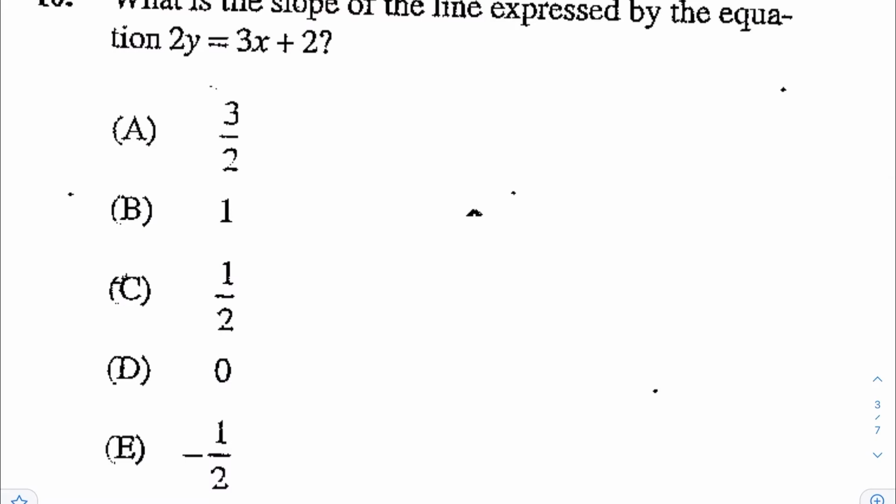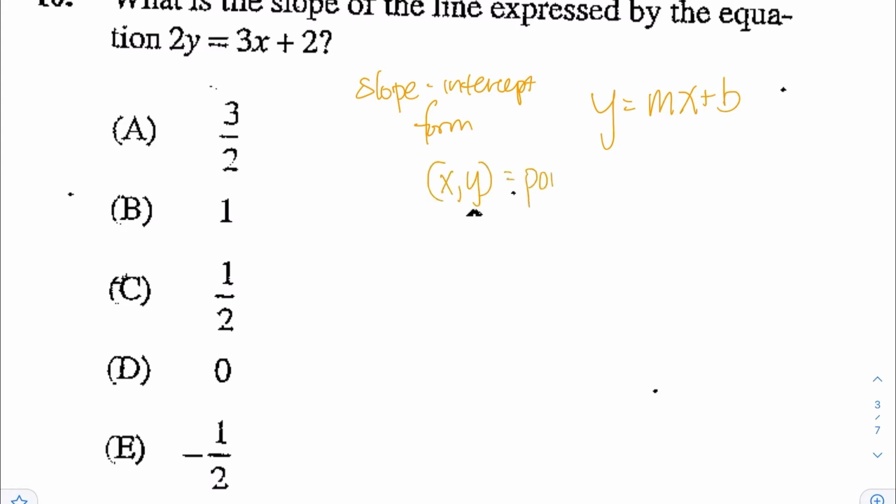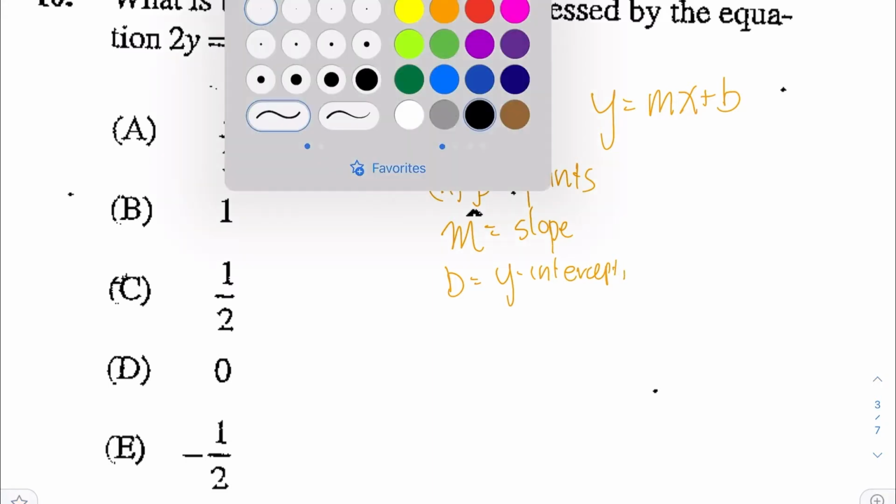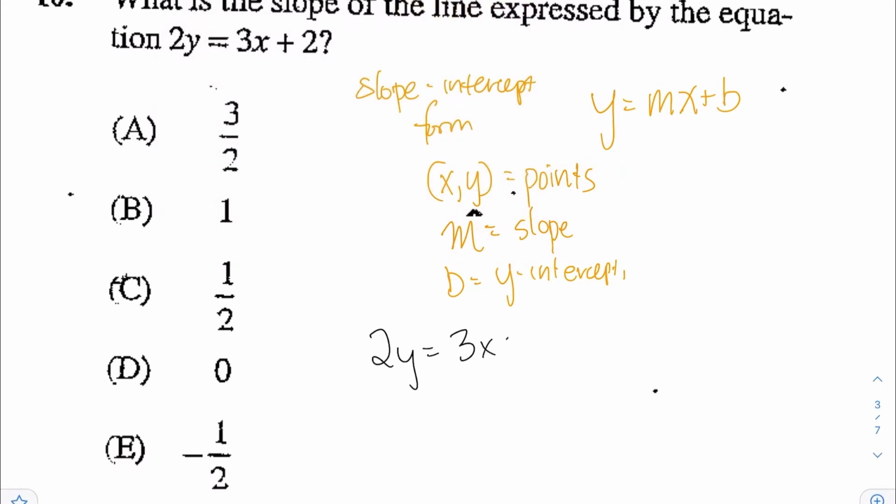All right, next for number 10, what is the slope of the line expressed by the equation 2y is equal to 3x plus 2? So you have to put this in slope-intercept form, or y is equal to mx plus b, where x comma y are the points, m is the slope, which is what we're looking for, and b is the y-intercept. So to turn 2y is equal to 3x plus 2 into